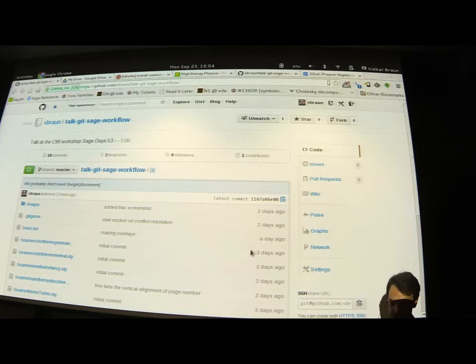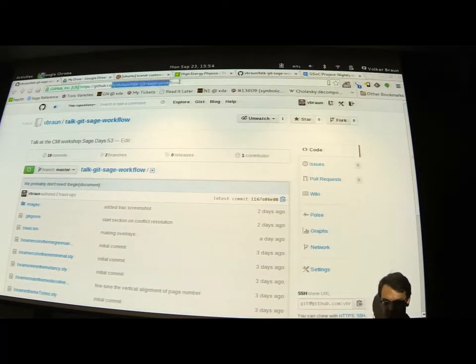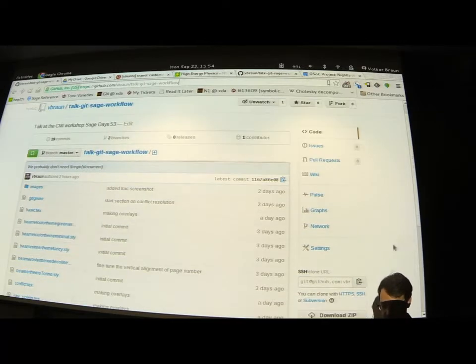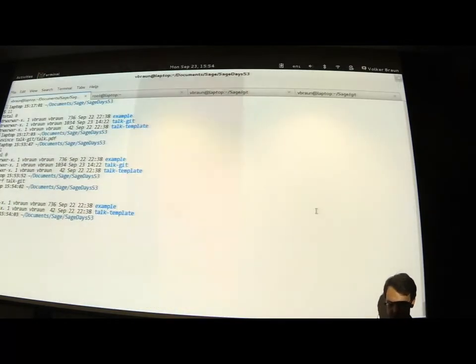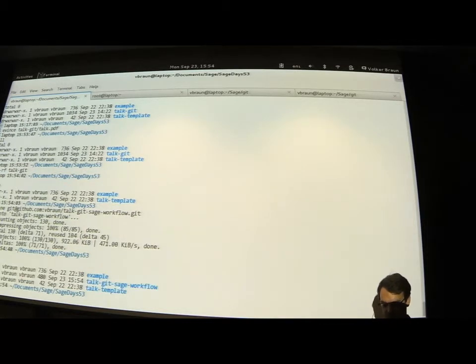here I've got a repository on GitHub where I checked in my text source code as I was writing this talk, and it's here. So I can just go to this web page where you can also get the source code for the slides. We copy this URL, then go to the terminal, git clone, and then it runs for a moment and pulls down the whole source code into a directory that's called talk git sage workflow. I can rename it to anything that I want, so let me rename it to talk git